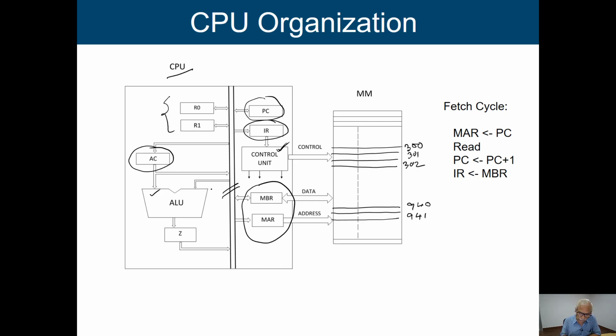Once we get both of these inputs, then what will happen? We are going to trigger the appropriate signal to either add or subtract. Then the result will be put in this particular register Z. Later on we can transfer this result from the Z register to memory, or maybe to some other internal register also, if we need this result later on as an input to some other instruction.